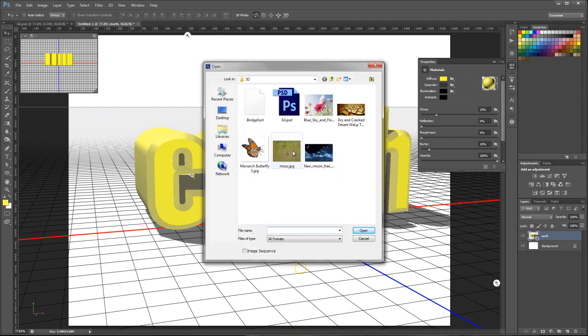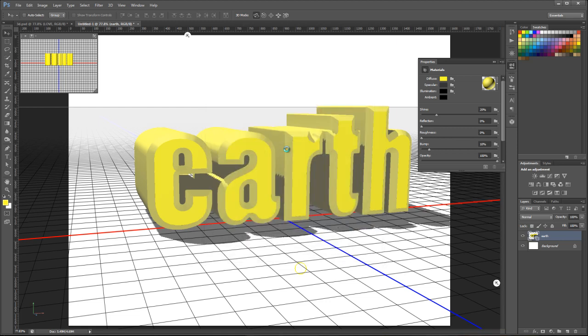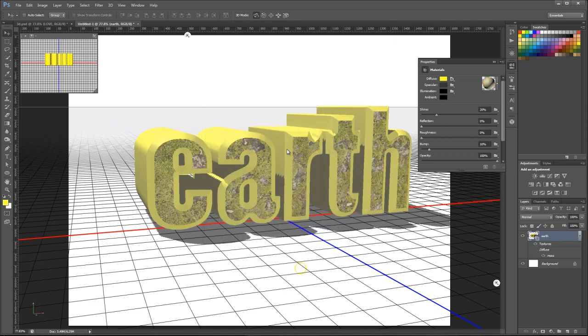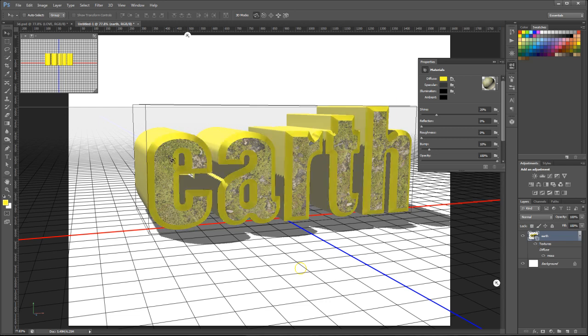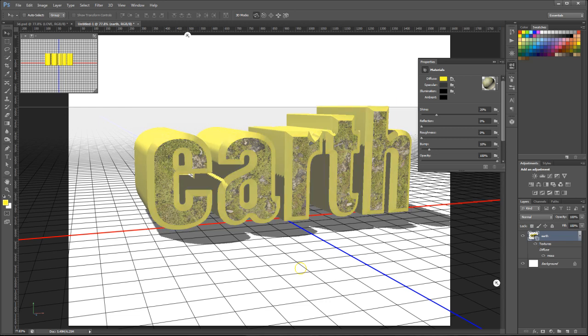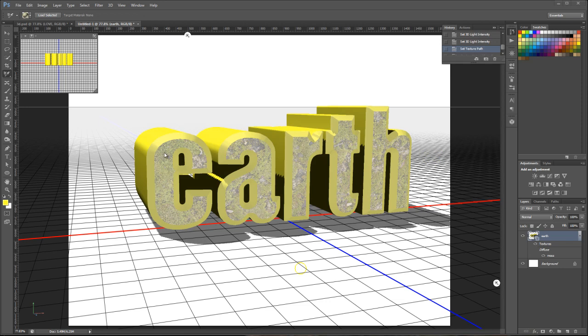texture. So then I'm going to select the image that I want to use for the texture, and in this case it's going to be moss. I can use just about any image that I want to. You can see it added it to the front here, but it didn't add it to the bevel. So one of the things I can do to add it to the bevel easily, so if I want to copy this texture to the bevel here,